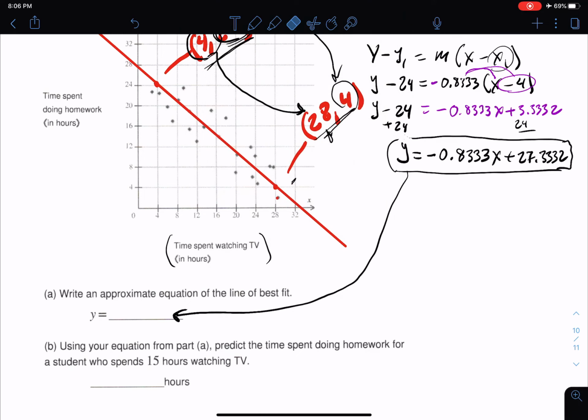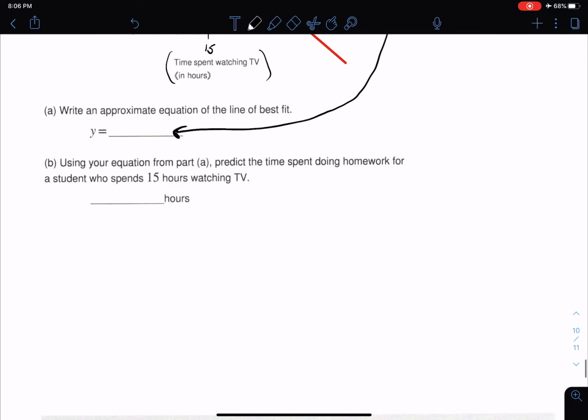So our next part says, using the equation from part A, which is clearly this guy, predict the time spent doing homework for a student who spends 15 hours, that's going to be right there, 15 hours watching TV. Now we could just grab this and do the prediction line thing, but we want to use our little formula and show off, right? So all we have to do is grab our formula, y equals